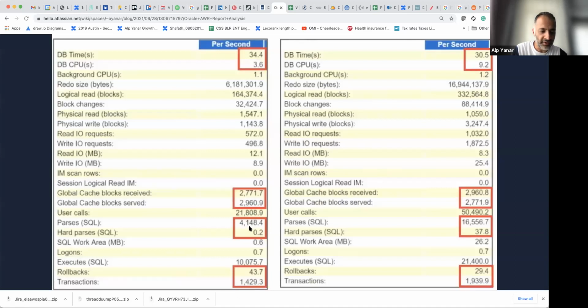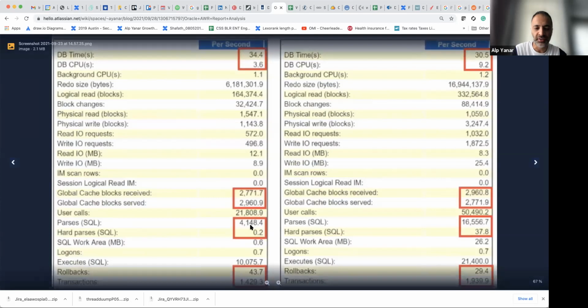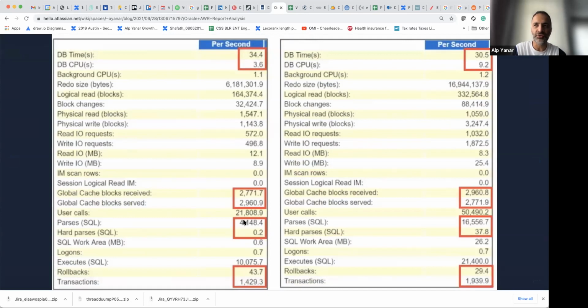But if it is not executed, meaning it is cached by your application, you are not going to see it. So here we see that a lot of parses means that there are some SQLs executed again and again. For example, you select a value from a table, like select star from table 1 where ID is 1, and then another session came and wanted to select this one or that. So this means that your application does not cache the SQL, and then it is going to the database